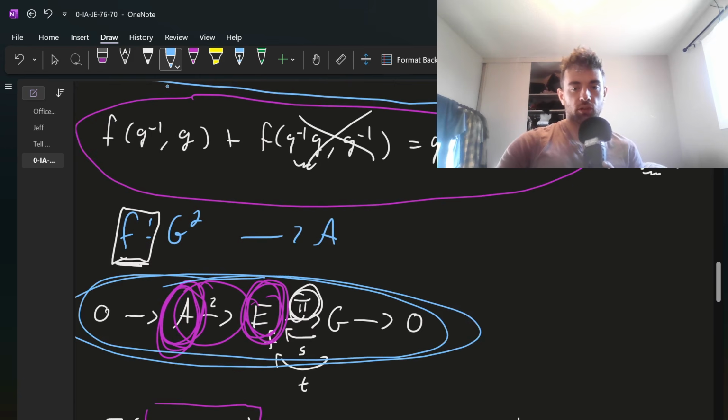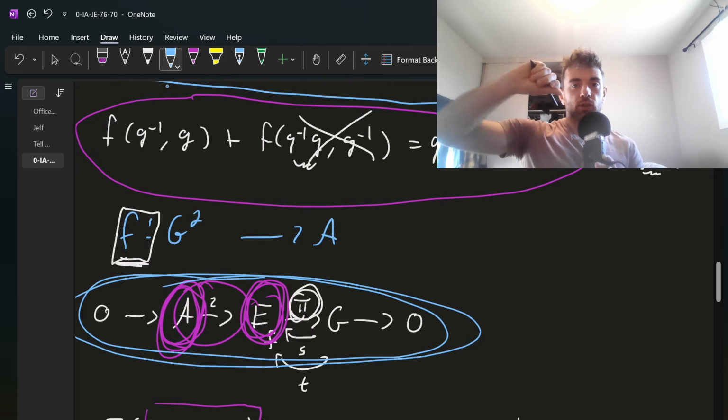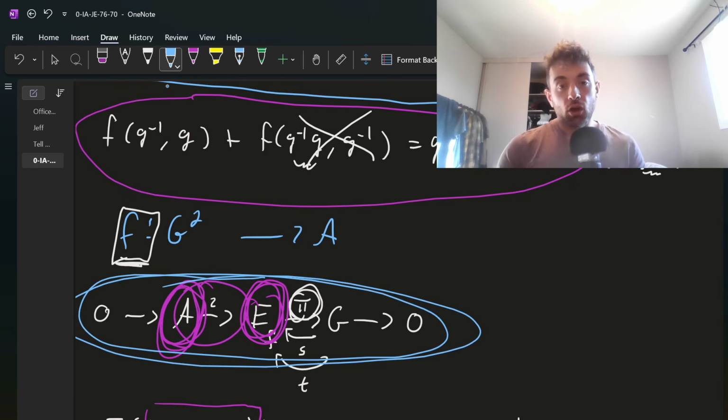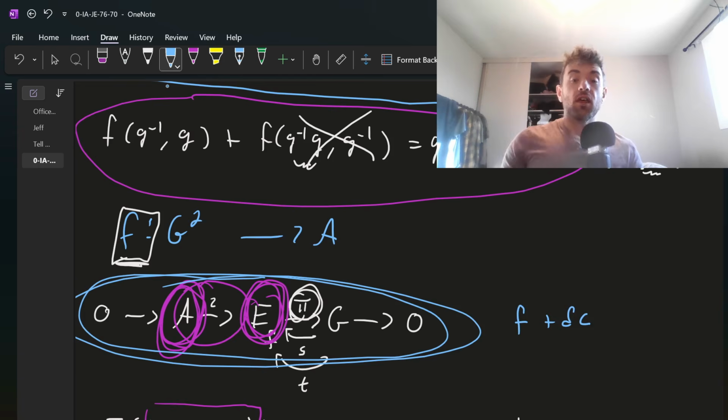Some short exact sequence. And if we change s and t, we shouldn't be changing the extension, right? Because we're just changing the choice of set theoretic function. So what that means is, if we take f plus delta c, that should give us the same extension. So in other words,